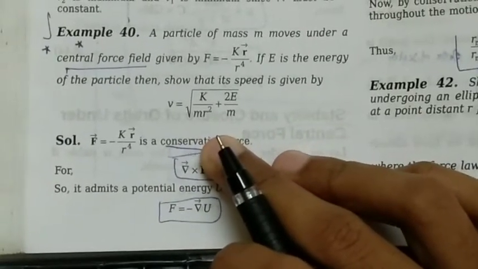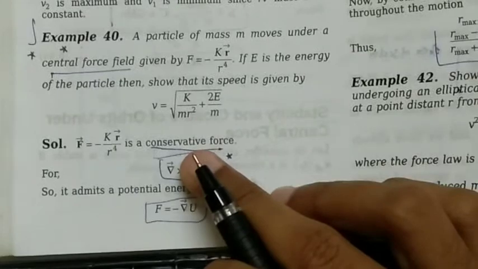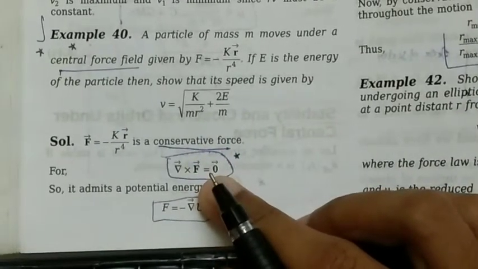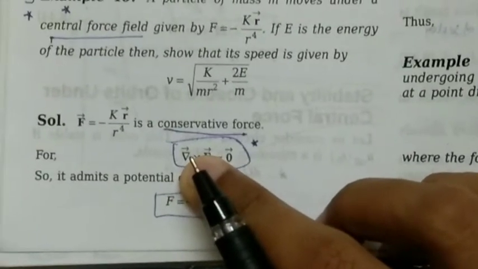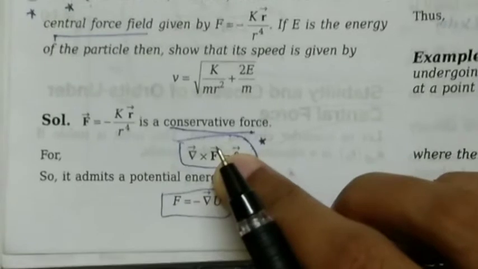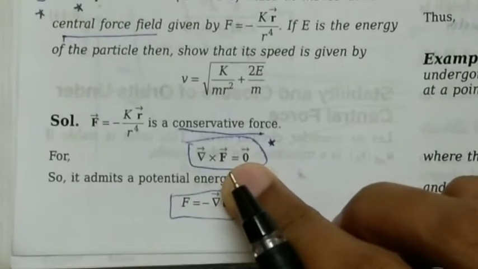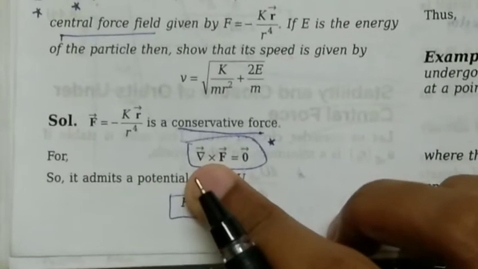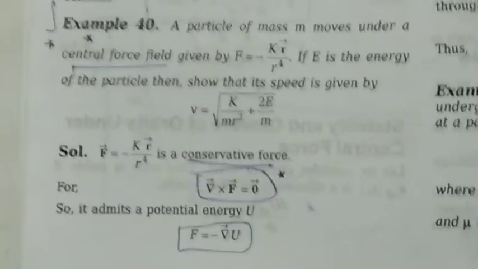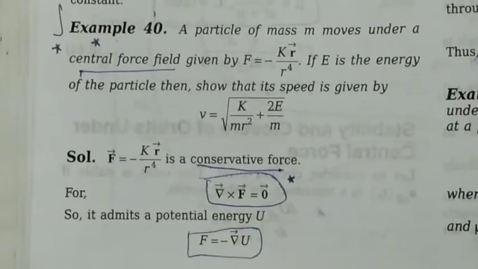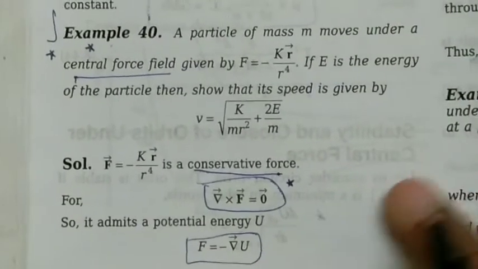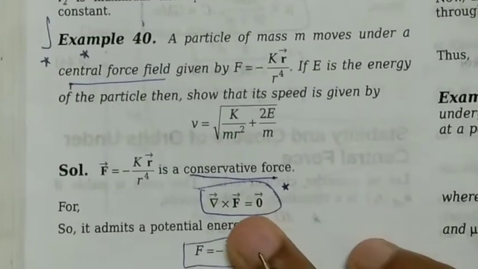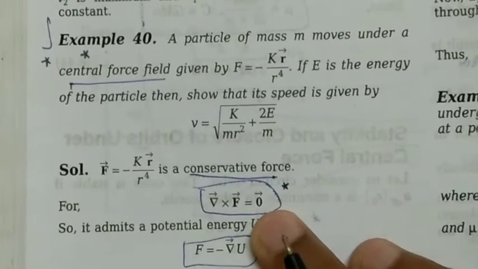And the condition for a conservative force follows this formula, that is, curl of F is equal to 0 bar, because curl of F is a vector, that is, the 0 vector you have given here. So if we apply curl on F, we would get a 0 vector. So that is the meaning of this. Here curl of F is a 0 vector.